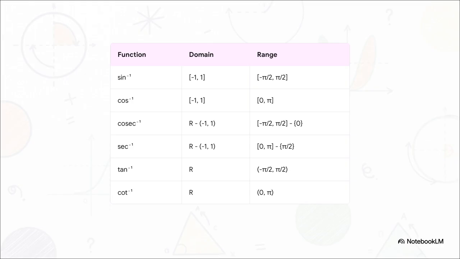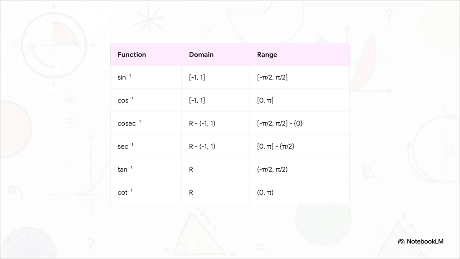These specific ranges aren't just random intervals somebody guessed. They are universally agreed upon by mathematicians all over the world. We call them the principal value branches. Let's walk through it. For inverse sine, the domain is the closed interval from -1 to 1, and its principal value branch range is